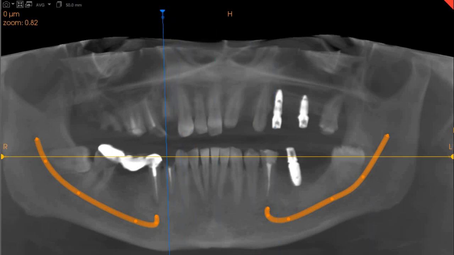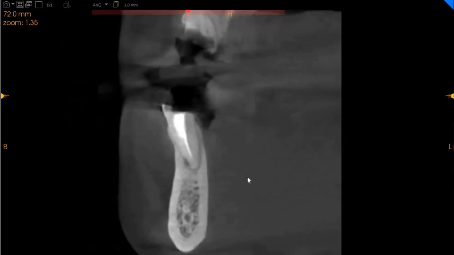We're going to take you to the transaxial view of the lower arch first. This is the lower arch. We've got a BDR with very thin cortical plate here. But this is the region. We've got 9 millimeters of ridge width, approximately 18 millimeters of height. The bone quality in this region is D1. This is the second premolar. Here again, you've got a periapical radiolucency, 9 millimeters of ridge width with approximately 20 millimeters from the crest to